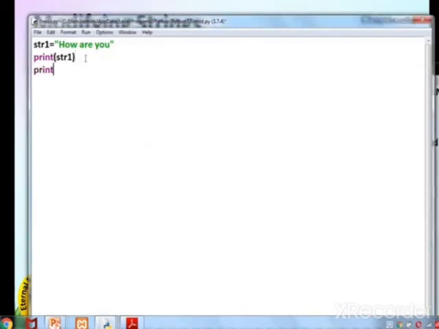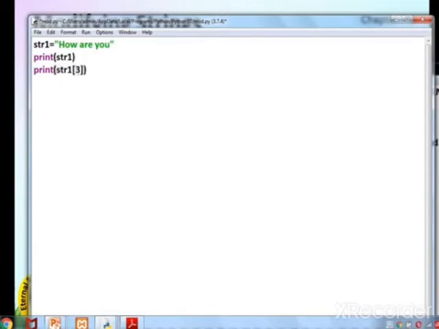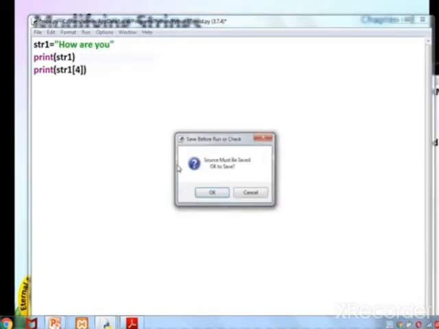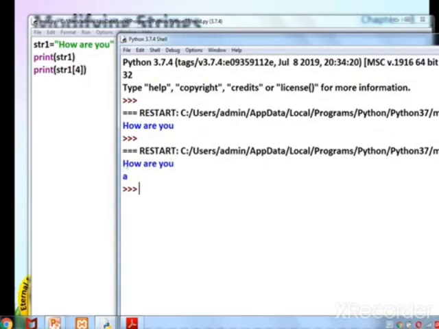If I ask to print str1 at an index, 0, 1, 2, 3 is a space, so I'll take 4. If it is str1, it gives everything.